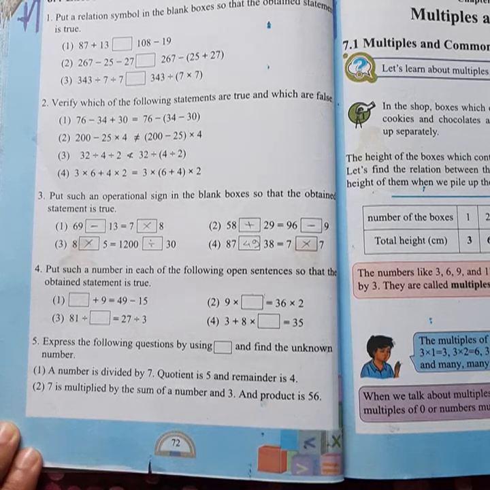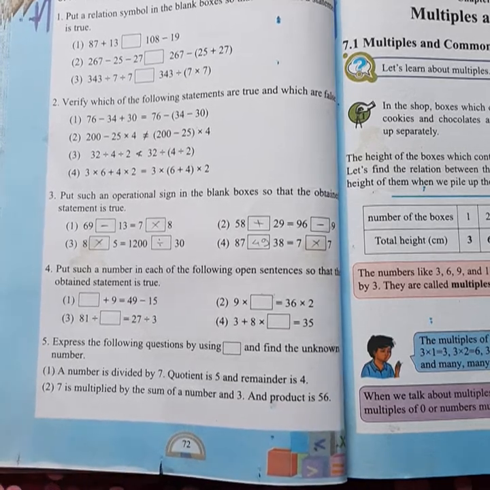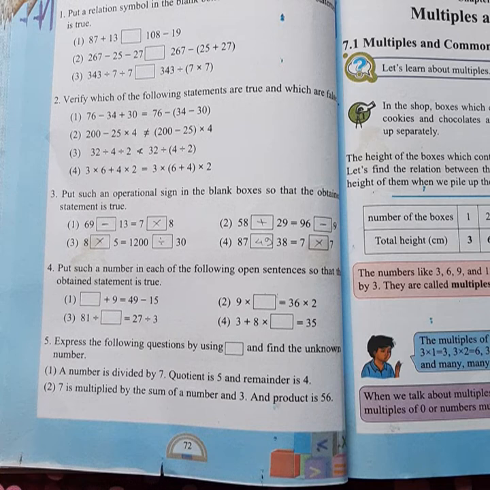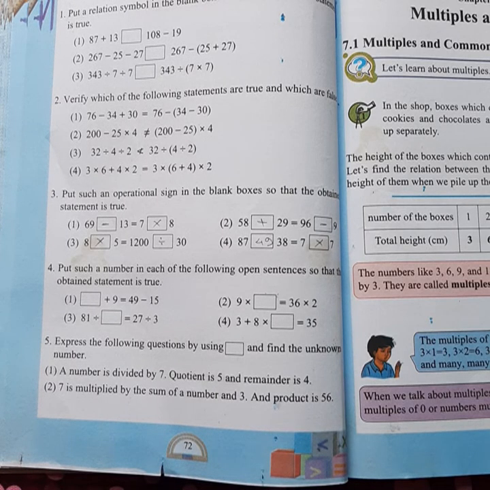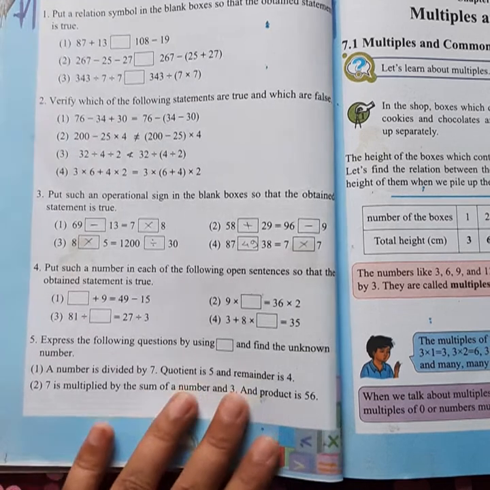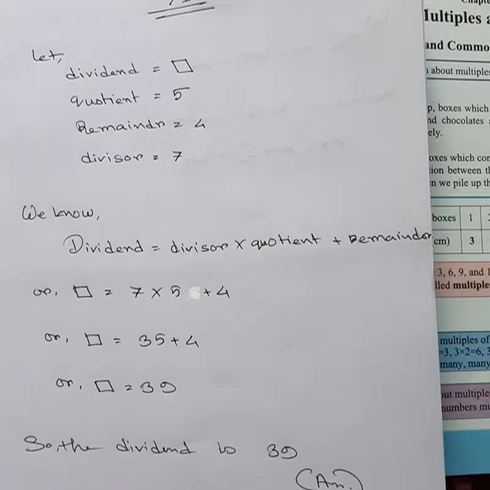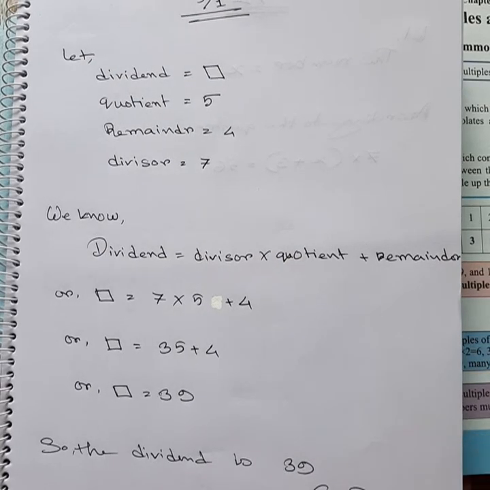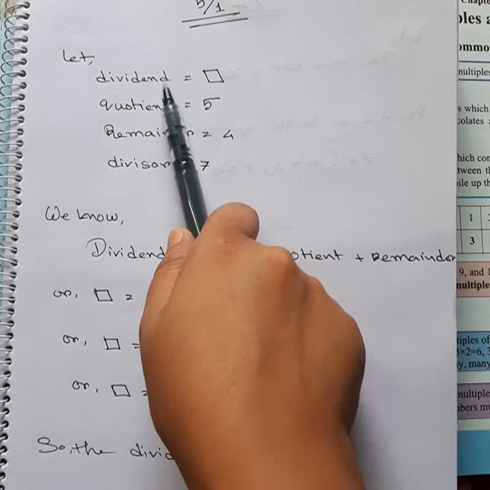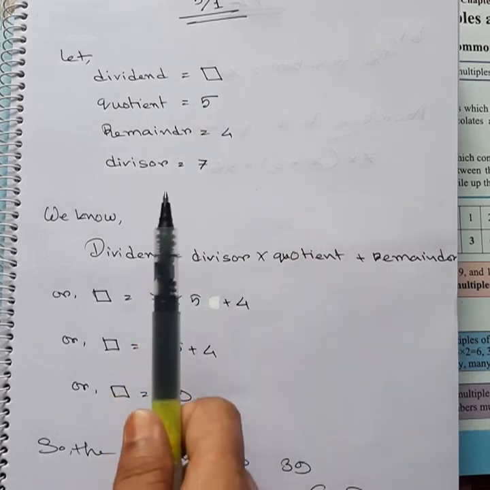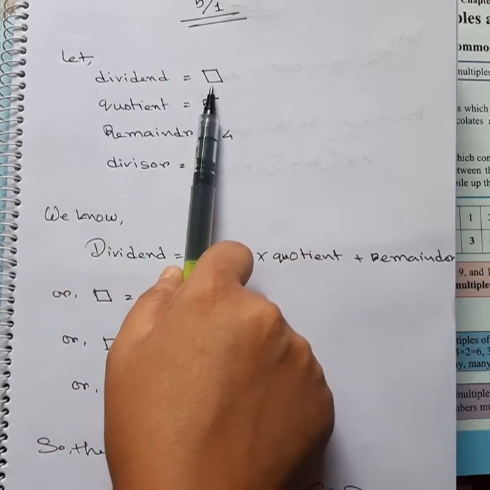All of you know the formula, that the dividend is equal to divisor multiplied by quotient, plus remainder. That is the formula we are going to use for that. The number they asked us to find is basically the dividend. A number is being divided. Which one is being divided is the dividend. Dividend is unknown, so we are going to